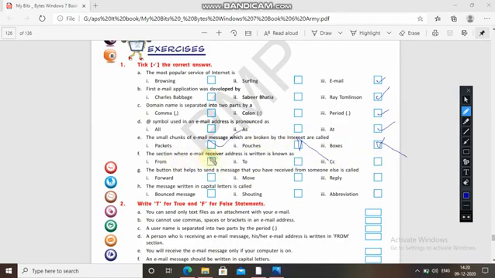The part where the email receiver address is written is known as. CC is a carbon copy, that is also used for sending. To means where you are sending, so he is the receiver.